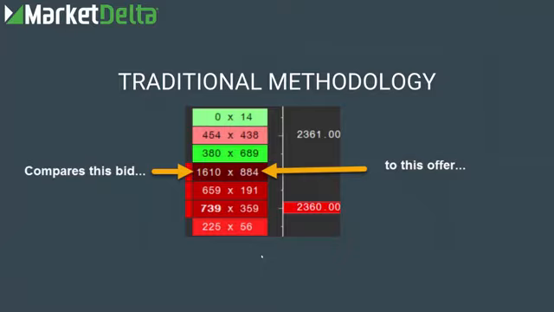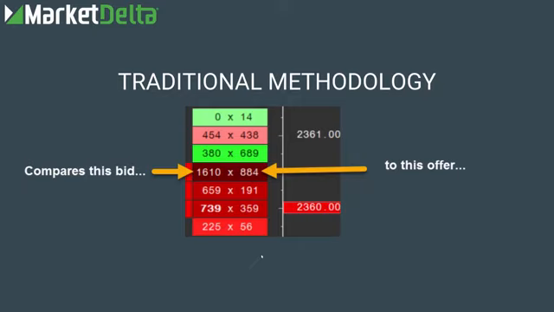So let's jump in. I want to break down the methodology and help you understand what goes behind the creation of these imbalance footprints. If you haven't watched the "What Is a Footprint" video as part of this deep dive, I think it's the first video, that one goes into it some too, but I'm going to go into it a little bit further in this video. So the traditional footprint